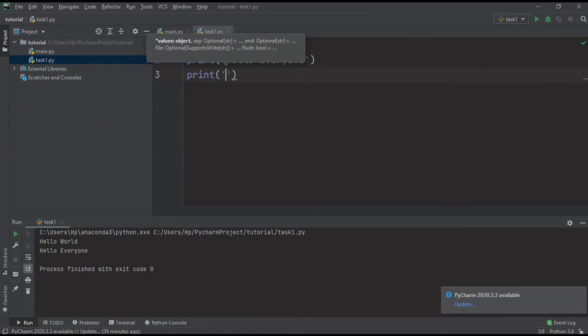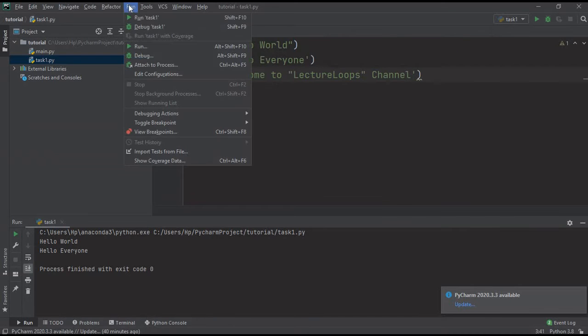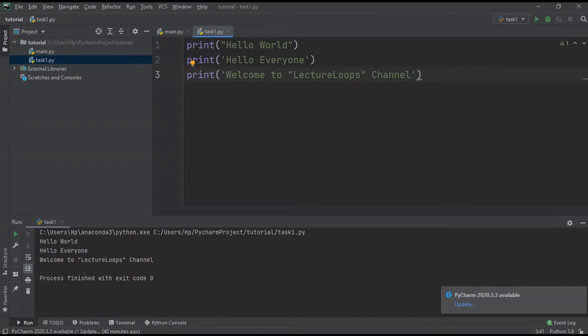What you can do is use single quotes to enclose it, and then write welcome to, and like this. Now I'm going to execute it again. In this message you can see that we have also included double quotes.